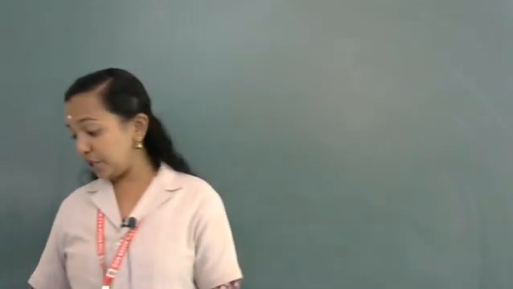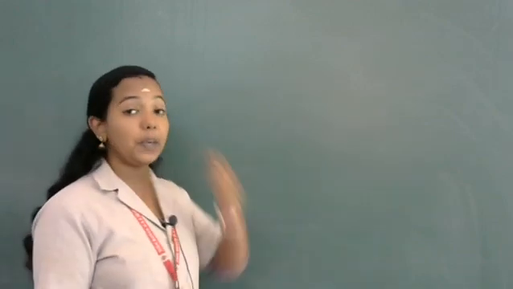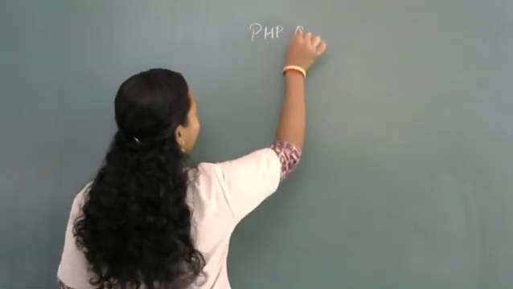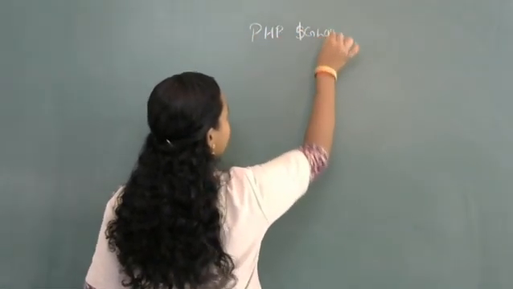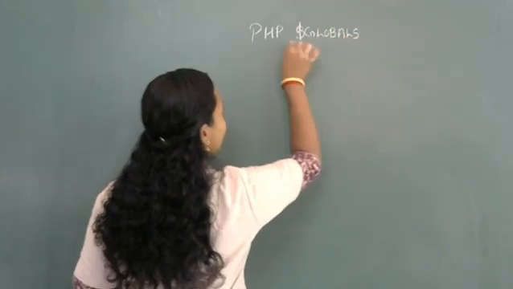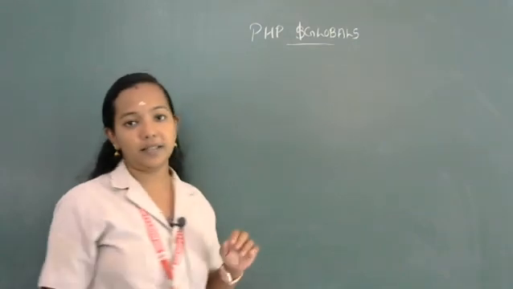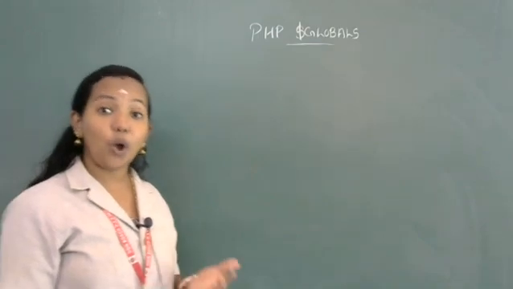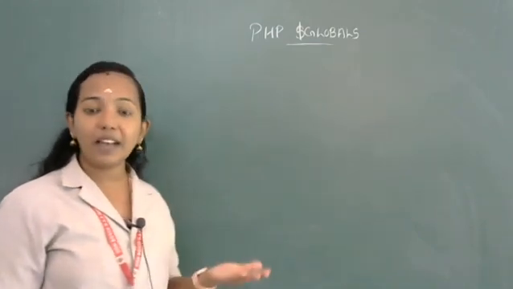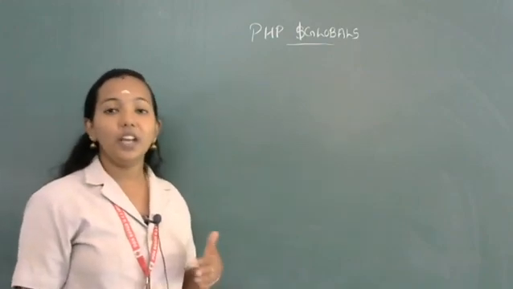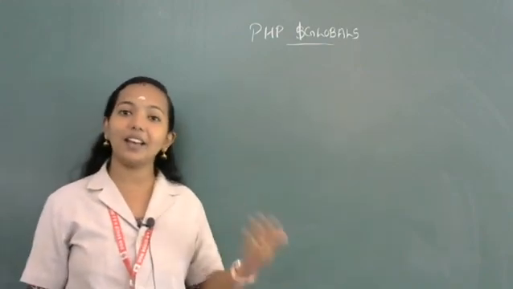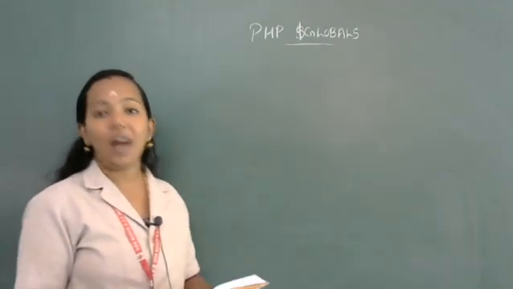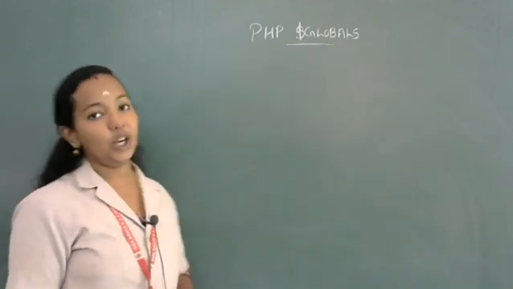The first super global variable is PHP $globals. This super global array is used to create global variables. So when we declare any variable using $globals, then we can access it from inside the function and also outside the function. There will be no limit for that particular variable. So those kinds of variables are known as global variables.